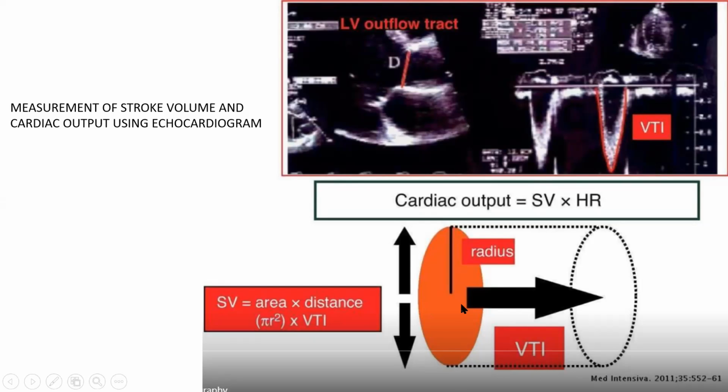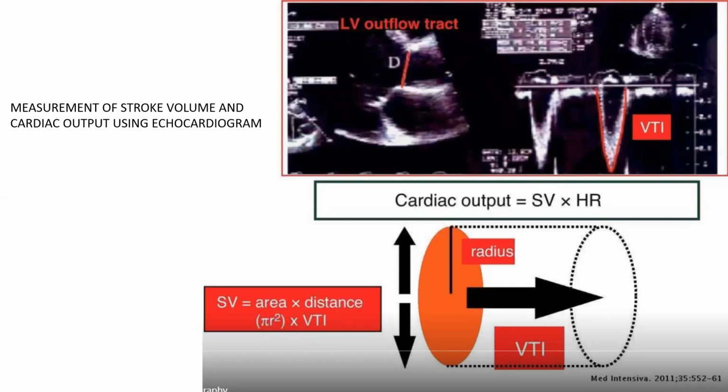So this times the pi r squared, then you get the volume of the blood that goes in a single beat. So the pi r squared here times the LVOT velocity time integral, you got your stroke volume. You divide the stroke volume by body surface area, you got stroke volume index. You times your stroke volume with heart rate, you got your cardiac output. You divide your cardiac output by your body surface area, you got your cardiac index. Okay, that is how I measure it